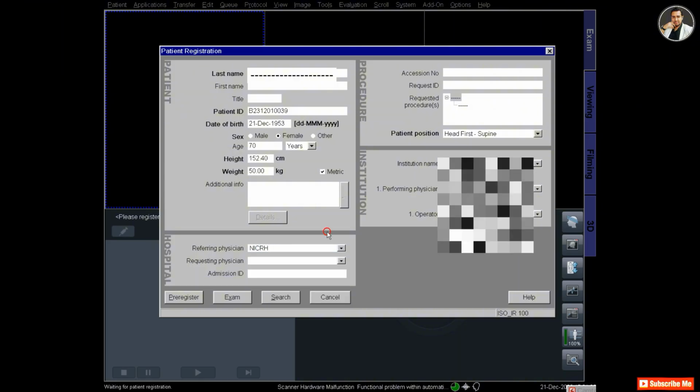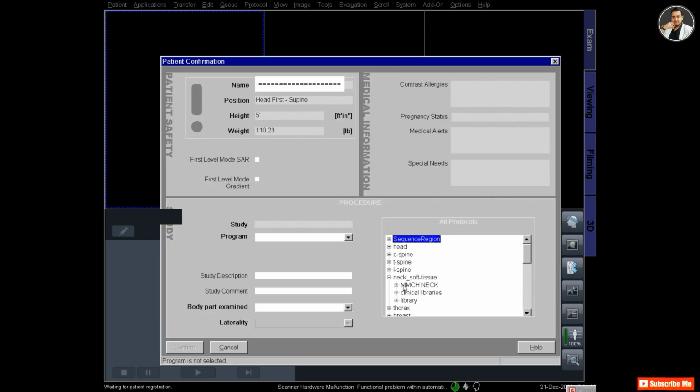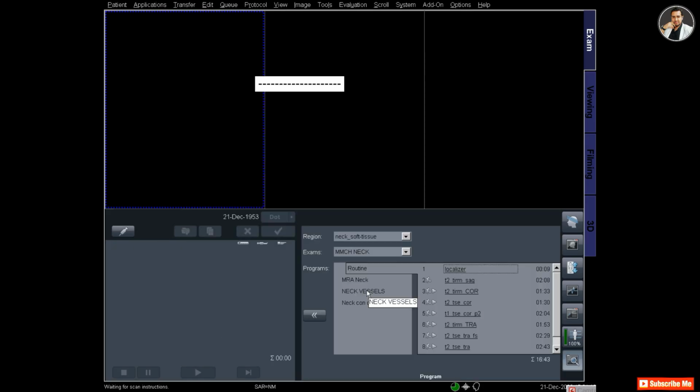You can also give referring physician, and then from the exam select from the list neck, and then click exam,